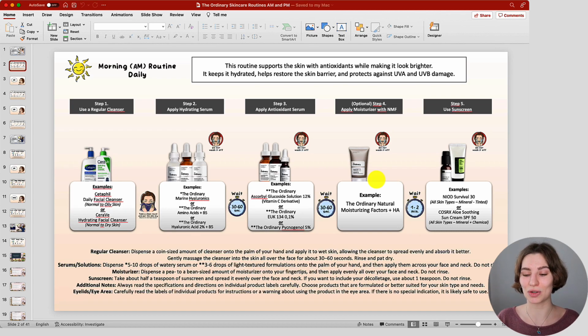The last step is going to be your sunscreen. Now you can see two great examples that I have picked right here. Of course, if you should have a different sunscreen that you really like, you could go ahead and replace it, but it's going to be the last step in your morning skincare routine to protect from the damaging UV rays. And then once you have applied it to the skin, you're going to leave it on the skin. There's no need to wash it off. And then this would be the entire breakdown and going through the entire example routine